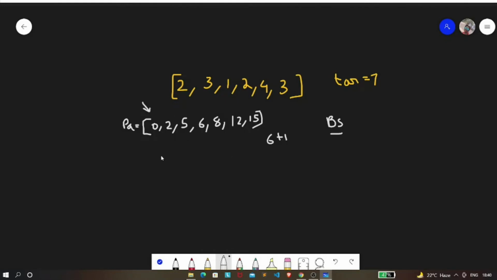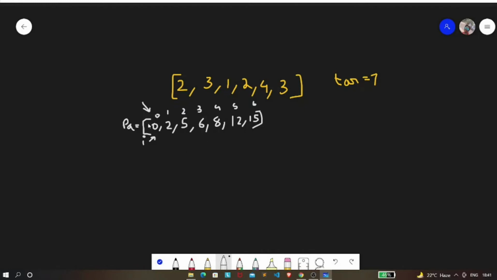Now we are going to perform our operation on this prefix array. At first we're going to have a pointer I. Currently our pointer I will be pointing to index 0. This is index 0, this is index 1, this is 2, this is 3, this is 4, this is 5, and this is 6.